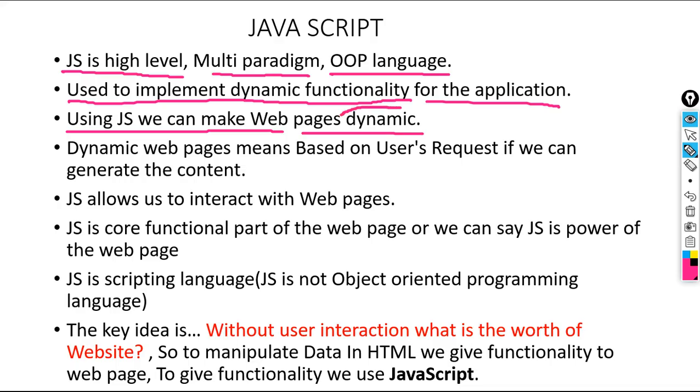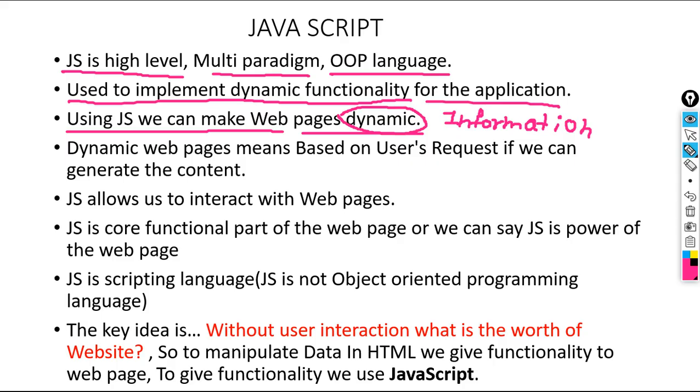Dynamic means what? For each user, the information or content of the page will differ from user to user. For example, my name is Mohsin, I am using Facebook. While using Facebook, I will first log in. I will enter my username, password, then I will click on the submit button. Then it will show web pages of the Facebook website which are related to me.